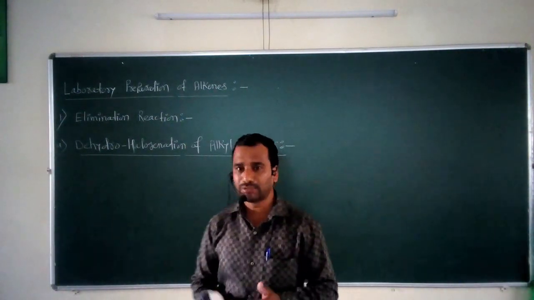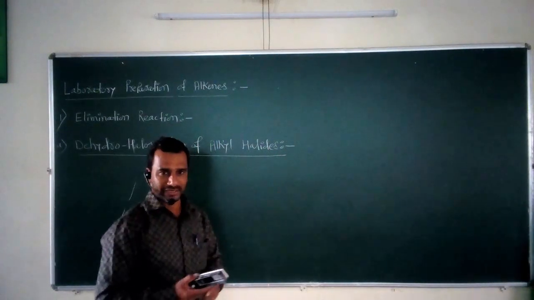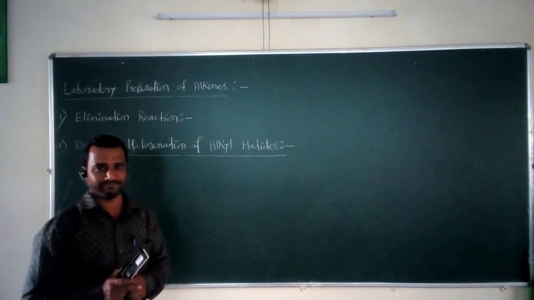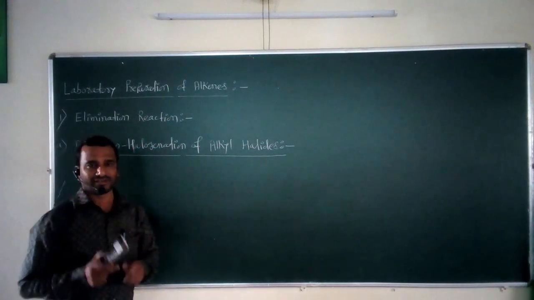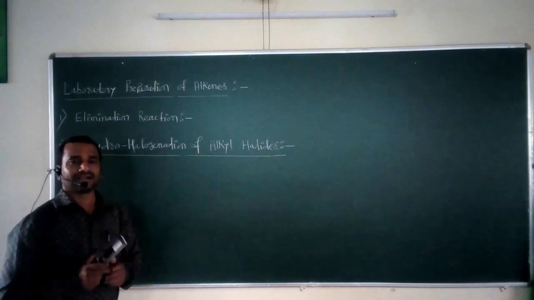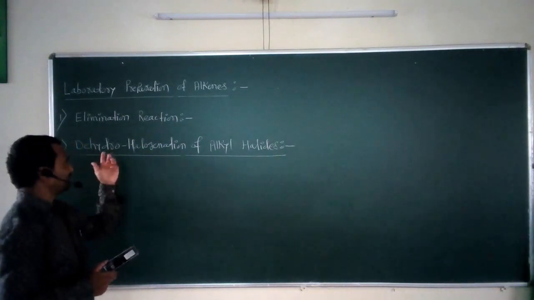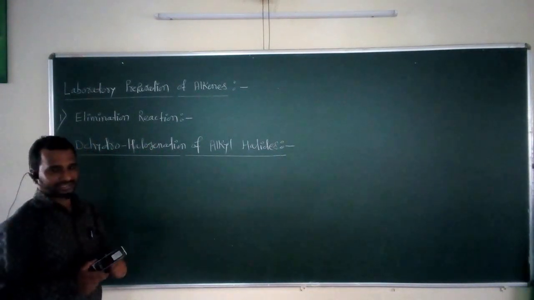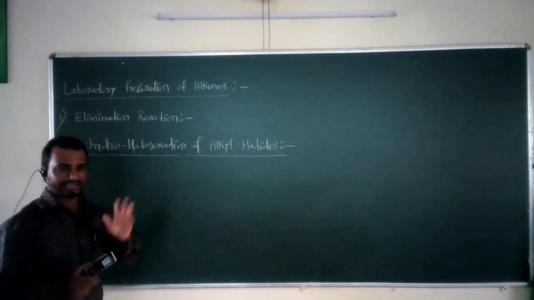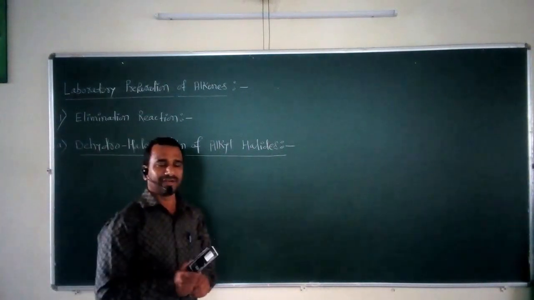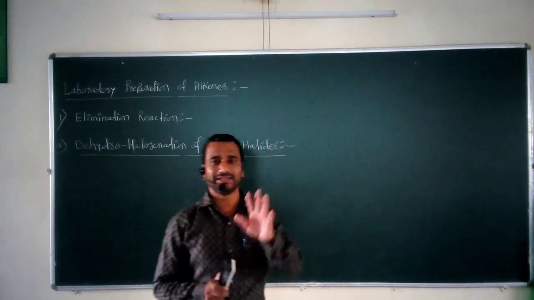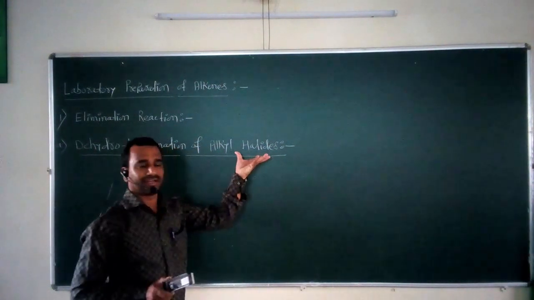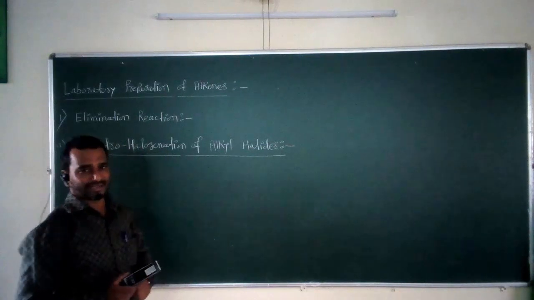Now this reaction is no doubt a type of elimination reaction. So in this reaction we have to remove something to form the particular alkenes. This is our aim. Now before studying the detailed mechanism of this reaction, first of all, if we look at the title of this reaction, this is called the dehydrohalogenation of alkyl halides. So it is very clear to us that the starting material or the reactant for studying this particular reaction is nothing but the alkyl halides.